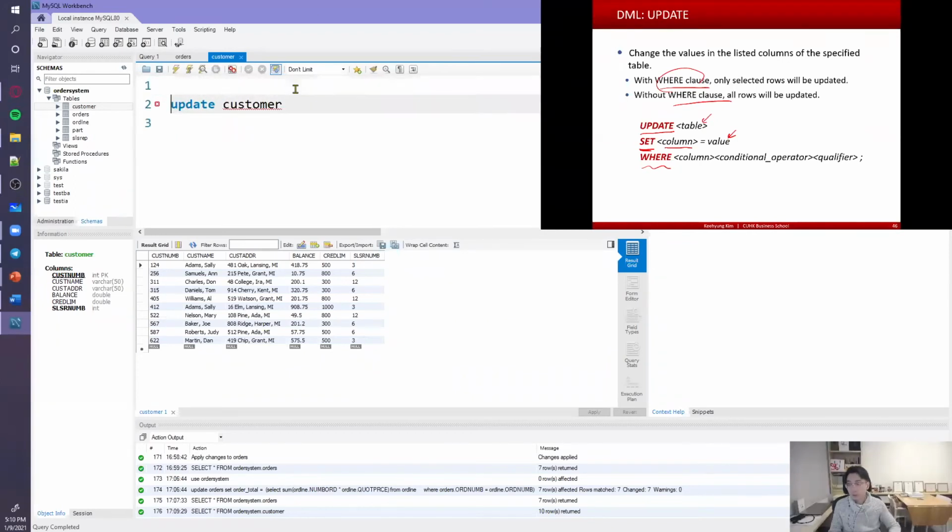So if we want to change the customer's address into something like a space or something altogether, then you can do something like this and set customer address to not available or something like that, and we may finish it. So if we don't use a where clause here, if we don't use a where statement, then all the customers' information will be changed into NA. So if I try to run this,